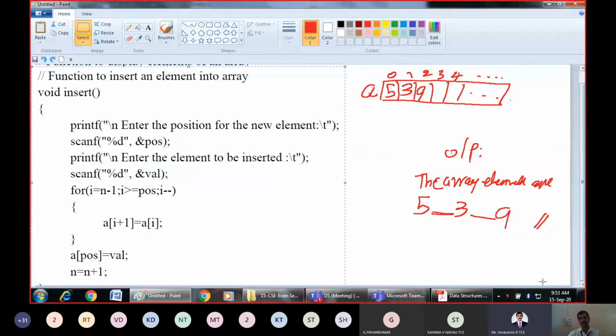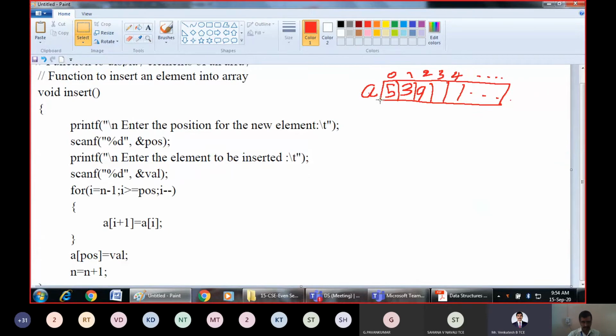So how will the elements get inserted? All right, I will just erase this part which is not required. This is the array. Let us keep this original array as it is. Now enter the position for the new element, that is, where we want to insert. We should know the position, because insertion can take place at any place starting from 0 and at the end. Three possibilities of inserting: either we insert in the beginning itself, or somewhere in between, or at the end.